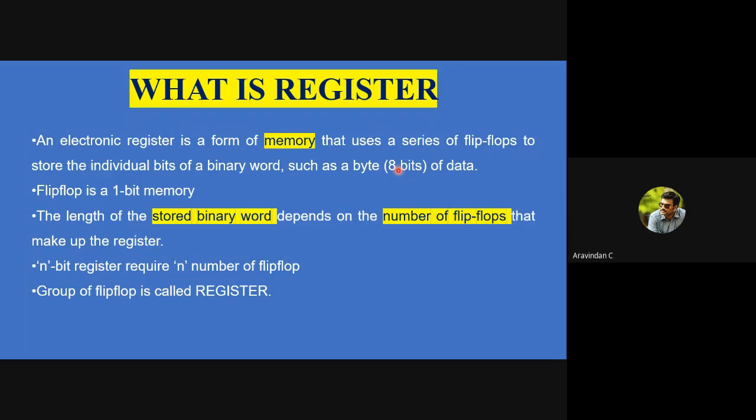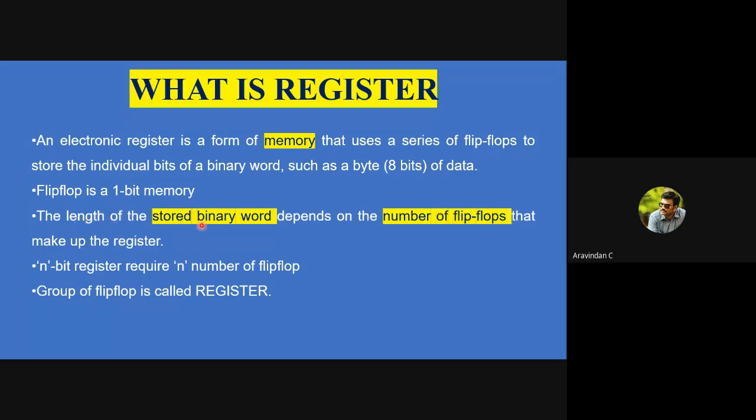But it is going to save your data only for a certain time. When we have a feedback, we can take the output data as a memory for certain time periods. Depending upon your bits, the number of flip-flops is going to increase. So if I have 8 bits, I'll have 8 flip-flops. This is an example here.